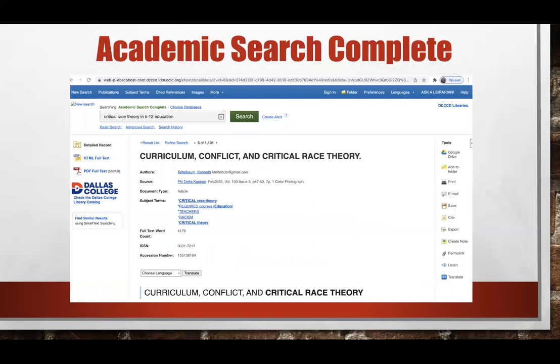Okay, so I click on it because I noticed it had a PDF and an HTML. Remember, the HTML looks like an essay, but it also will read it for you in an American accent, an Australian accent, or a British accent, whatever you please. But the PDF looks like it's been scanned out of a magazine. So that's what I would prefer to use. So I click on PDF full text search.